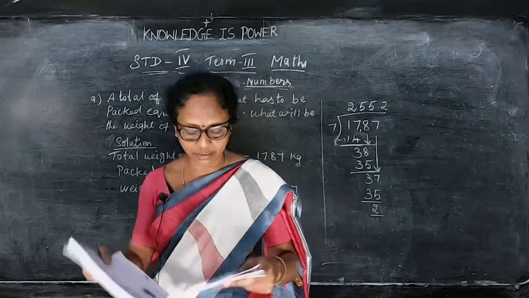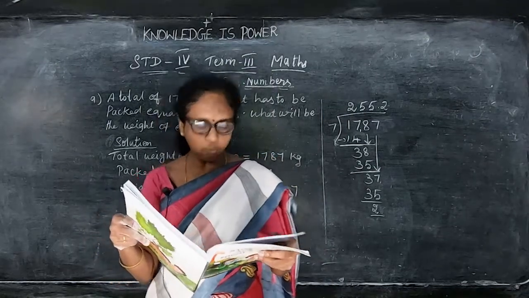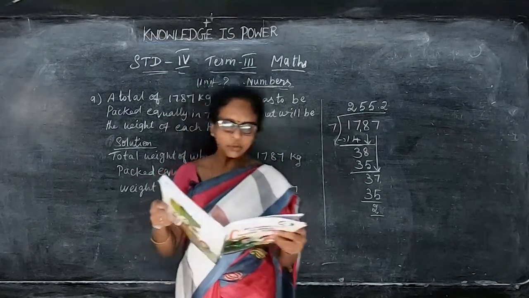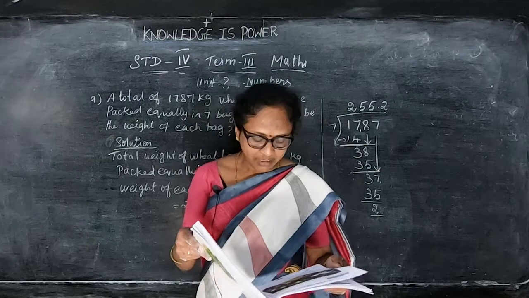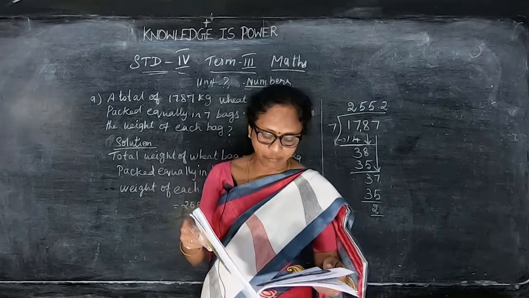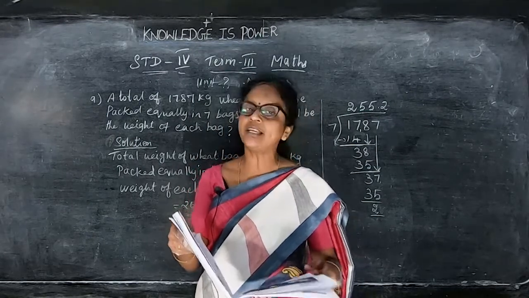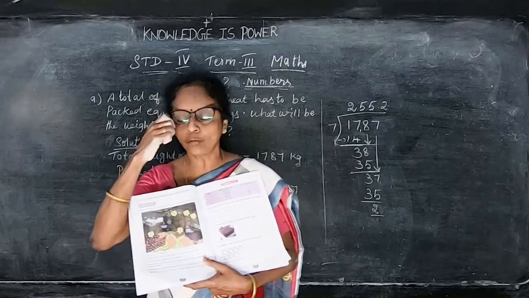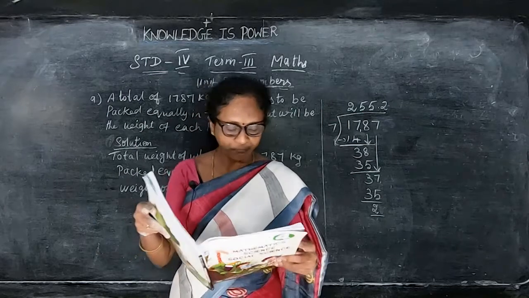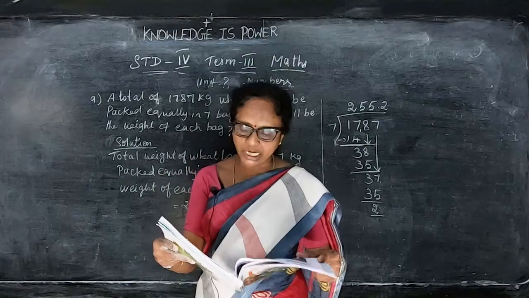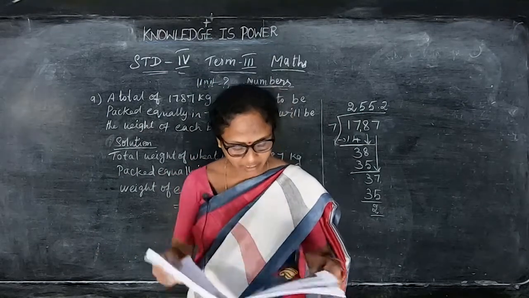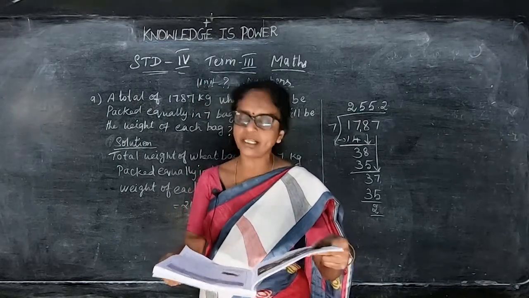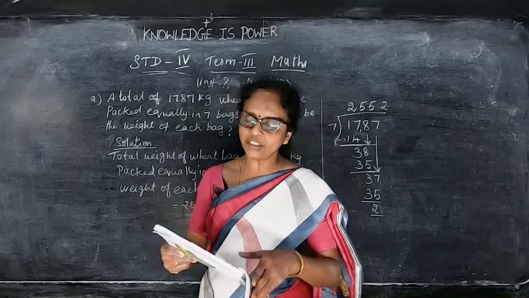How can we frame this? What is the price of Mutti apple? Find the cost of 3 kg of banana. What is the total cost of 1 kg of Simla apple, Poovan banana, and Payan banana? You have to ask the questions by seeing the price list and the names of the fruits given. And find out the difference between the cost of the Ooty apple and Simla apple. And Mala had rupees 70. And how many kg of Payan banana would she buy? So like this you have to frame.